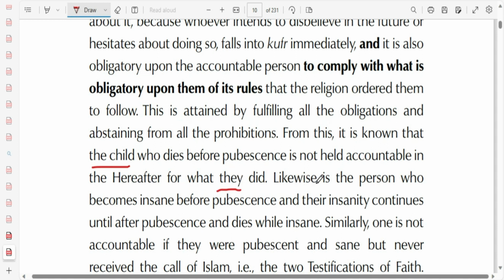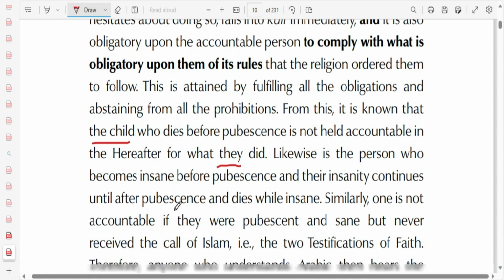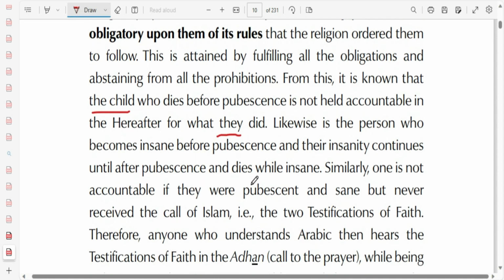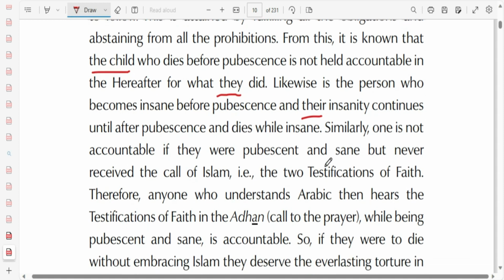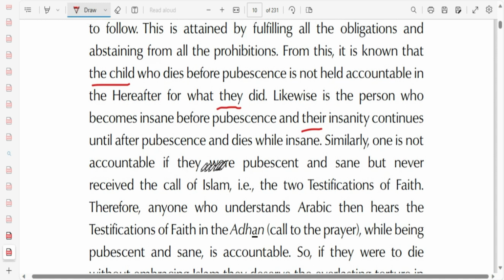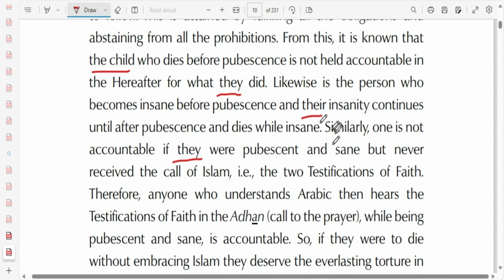Maybe it's correct English. Likewise is the person who becomes insane before pubescence, and his insanity continues until after pubescence, and he dies while insane. Similarly, one is not accountable if he were pubescent. I'm sorry, I don't want to say it. And for my own sake, I don't want to say that. But it's fine, inshallah. Similarly, one is not accountable if he were pubescent and sane, but never received the call of Islam,